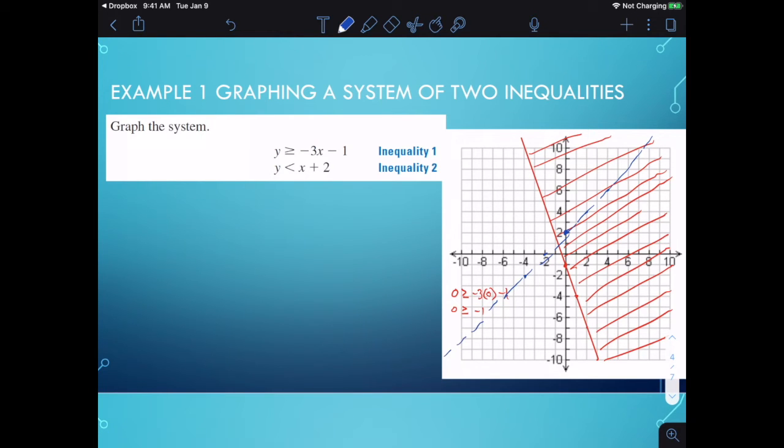So there's my dashed line, and I'm going to shade now. So we're going to use once again the origin. So we're going to say, is 0 less than 0 plus 2, or is 0 less than 2? The answer is yes, and so we're going to shade once again in the direction of the origin. So here we go. The origin is below the line, and so we're going to just put in our light lines, and so far